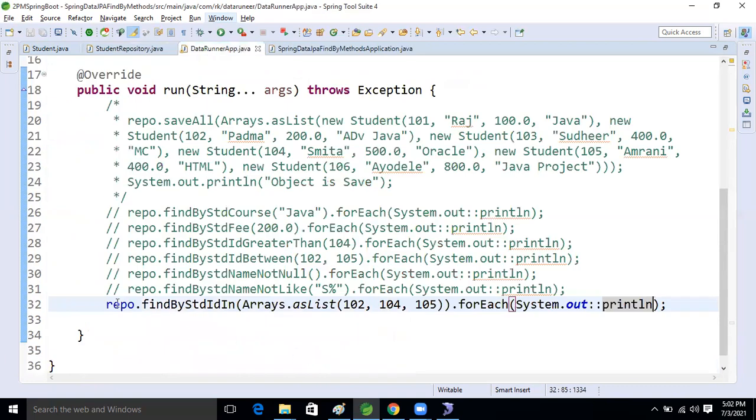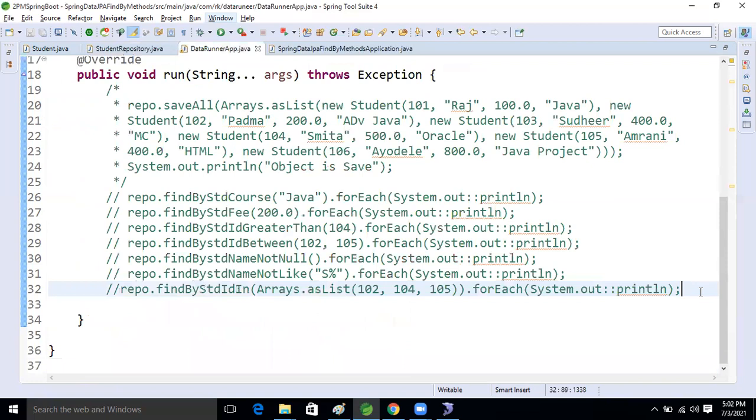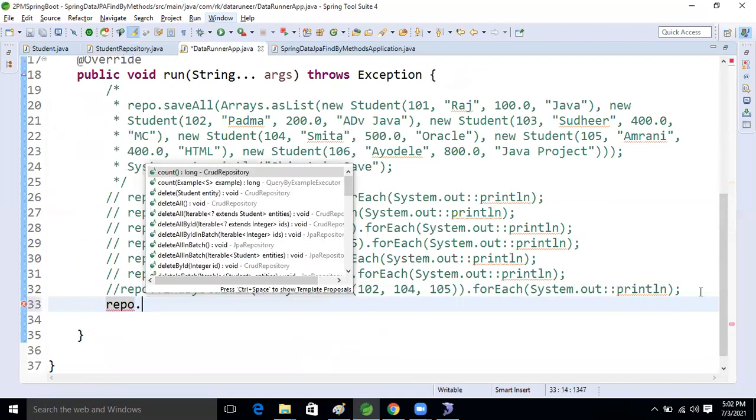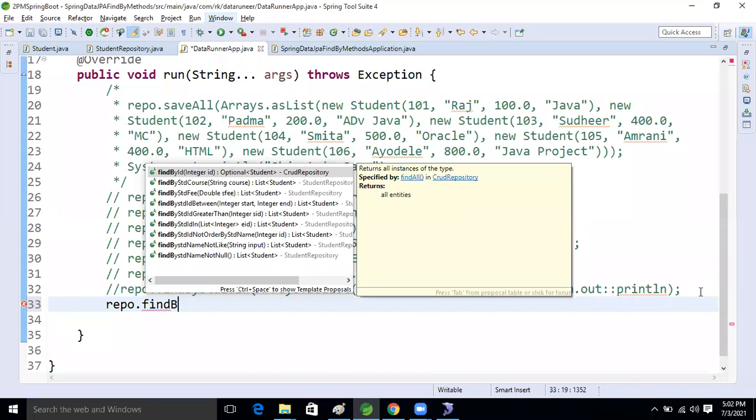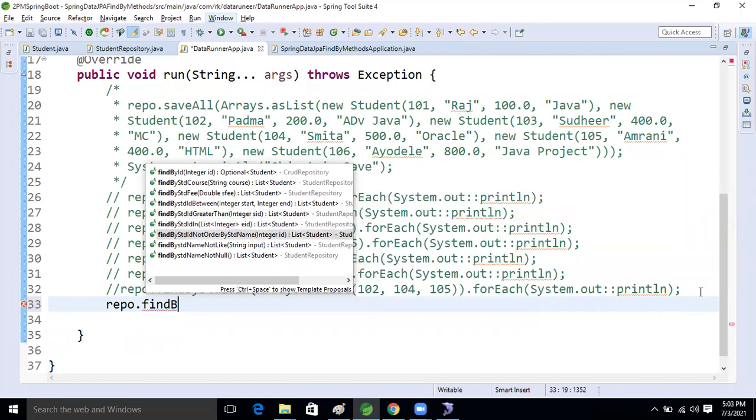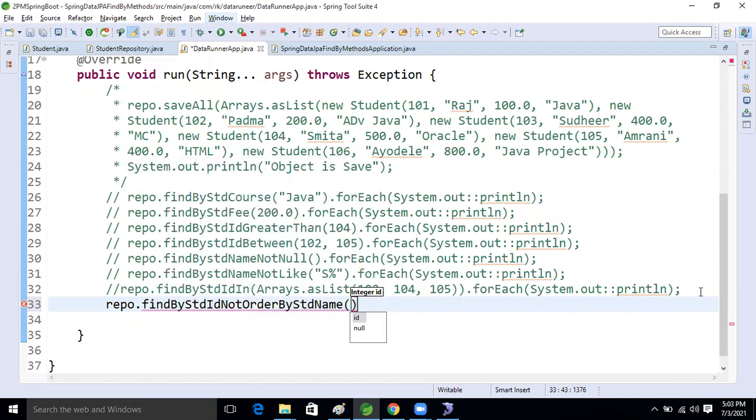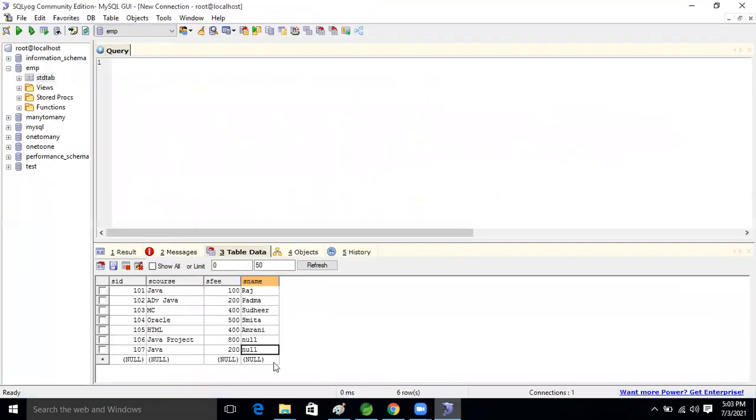Now come to the repository, comment. Repo dot find by what? So what I'm going to do now, I'm going to take 103, okay? 103.